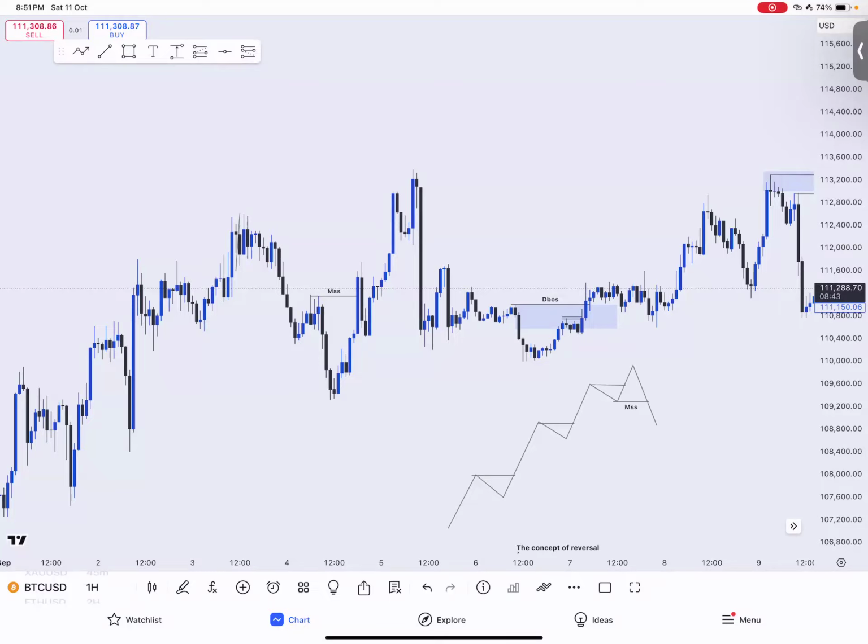Now there are different types of liquidity, a lot of them. But there's only one type of liquidity that I pay attention to when it comes to picking entries for my trade. When it comes to picking entries,